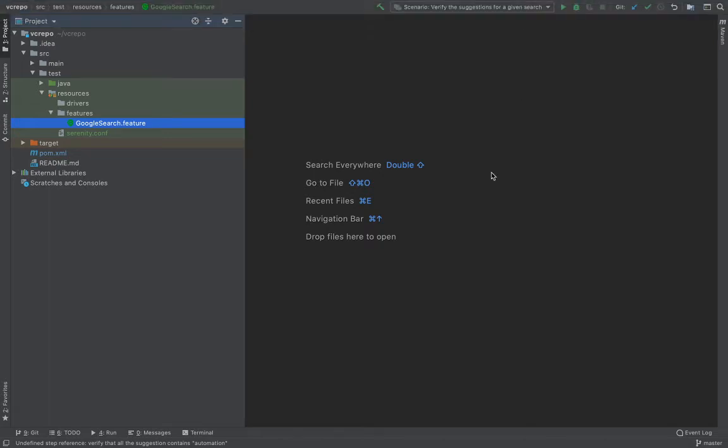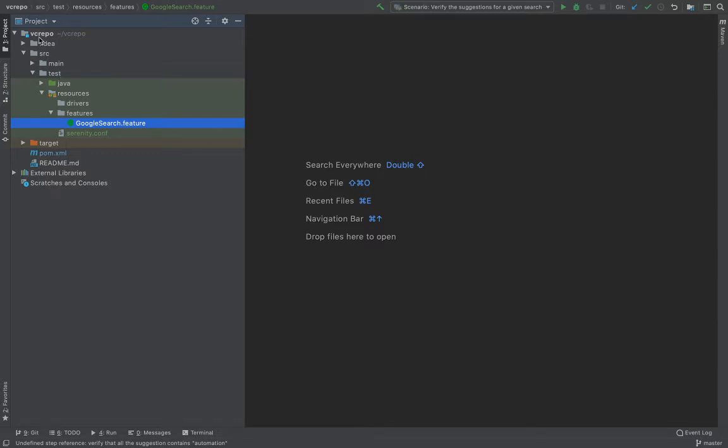Hello everyone. Today we will be learning how to develop this automation framework from scratch. In the last video, I showed you creating a repository and pushing the code into it. In this session, what I have done is clone the repository to the local machine and open the project.